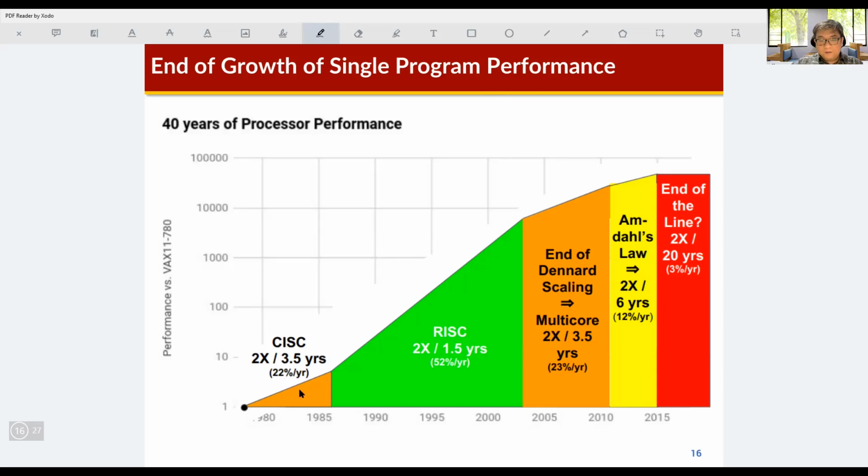Okay, let's see. First, the first letter is a Z-scalar, and the performance is improved by 22%, and then the RISC-scalar. Actually, Patterson and Hennessy invented or developed the RISC architecture. With the RISC architecture, the performance of the computer processor increased by 2x per 1.5 years, then 5% per year. So the end of Dennard scaling, as the power density increases per unit